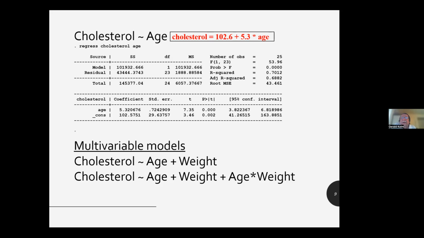And so here the probability of this F statistic being less than or equal to the 53.96 is very, very small. So this is our p-value here for this particular analysis. But in doing predictive modeling here, so we're looking at cholesterol predicted by age, what's really important to look at is this R squared value. And you remember from last week,